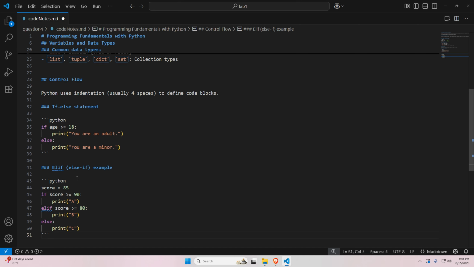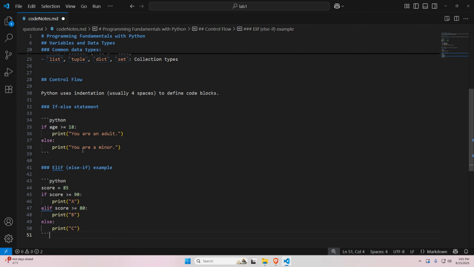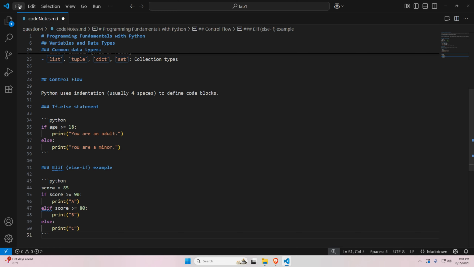There you go. I'm going to make sure to fix those instructions because it's supposed to say lines 33 to something and then the other one to the other one. But again, if you do 30 to 43 and you still format it correctly, I'm not going to take any points off because the point here is to learn how to do code blocks and inline code formatting. Save your file,